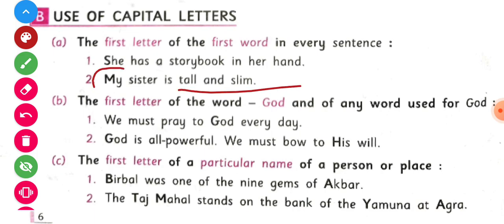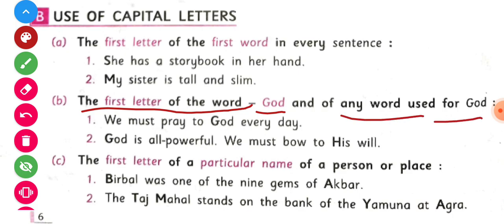In this sentence, M is capital. So here we can understand that the first letter of the first word in every sentence is always capital. This was the first rule. And the second rule is, the first letter of the word God and of any word used for God is